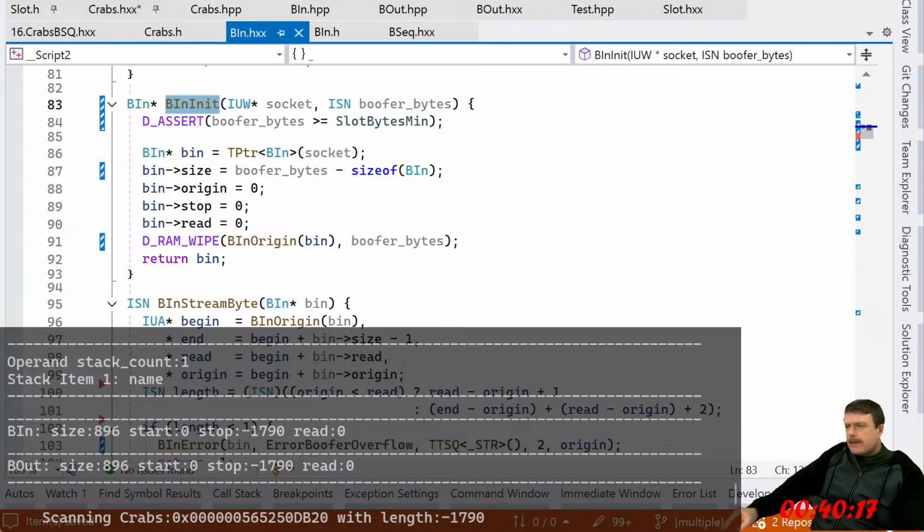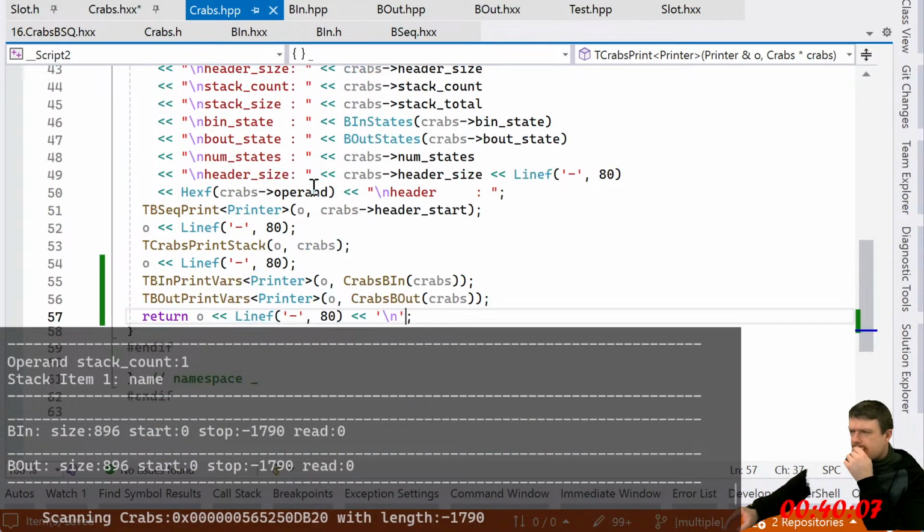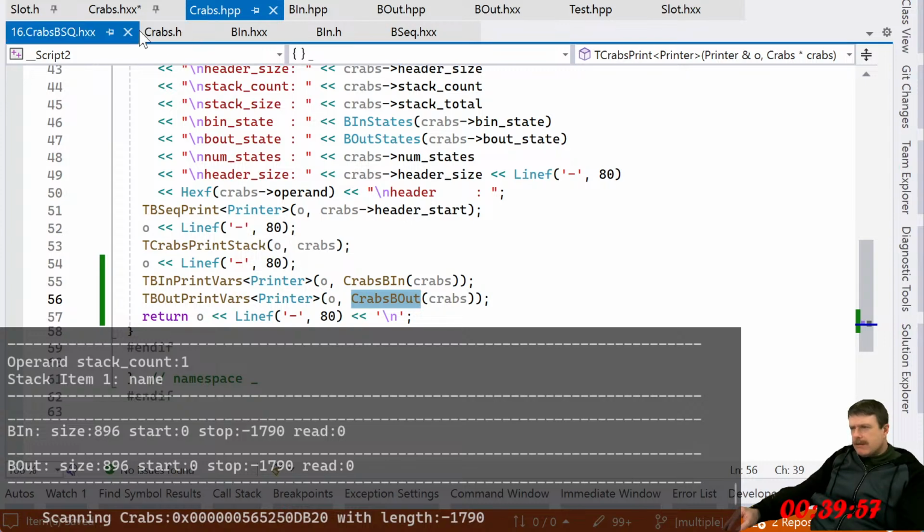What am I not getting right when I'm printing it? B in, B out. Yeah, so that should be the same place because I got that.